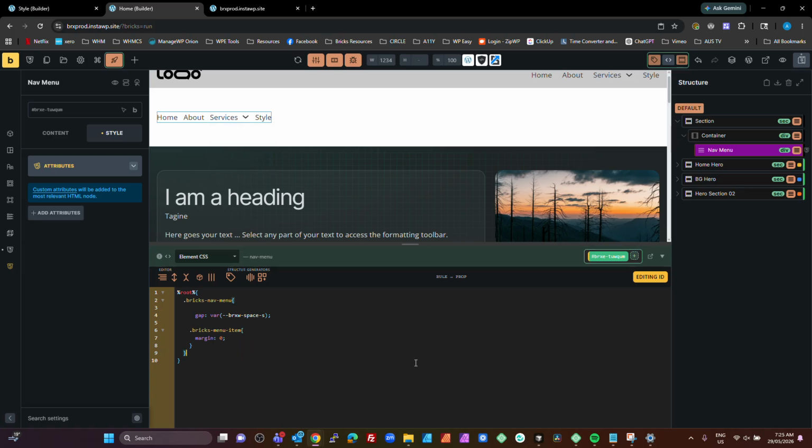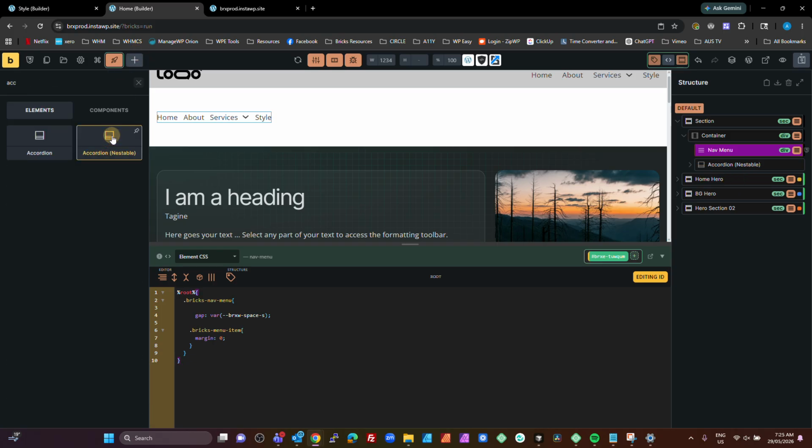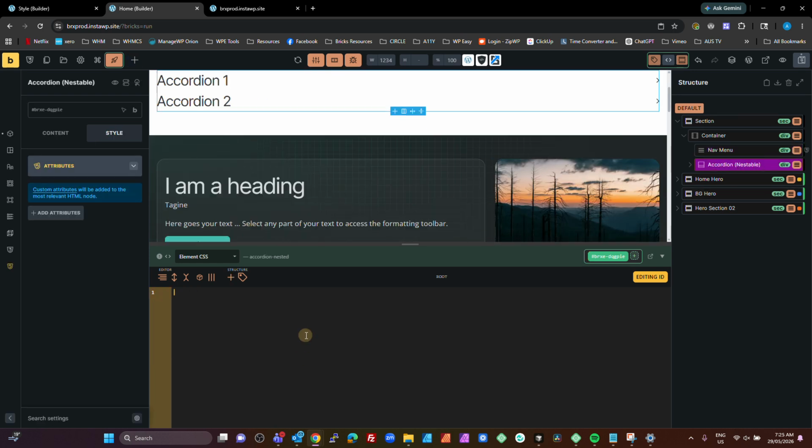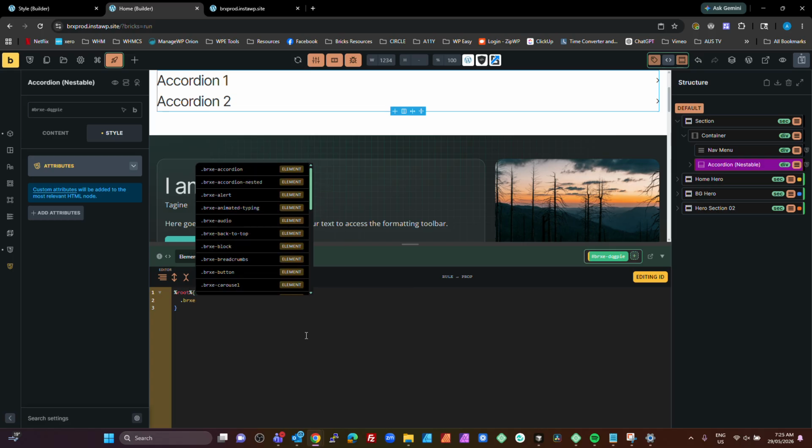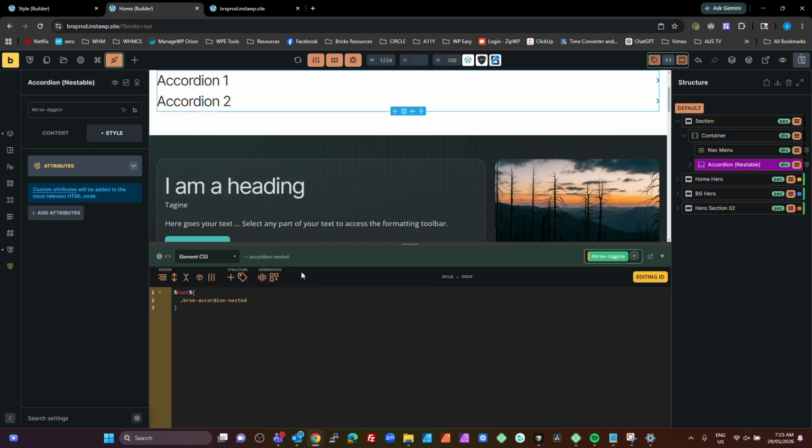The other thing you can style up is other elements. So this is a typical Bricks nav menu. Let's say we put an accordion there. Accordion nestable. Yeah, accordion nestable. Dot BRXE accordion. BRXE accordion. Nested. BG red. Okay, it's probably not targeting the right thing here, but you can see what I mean by once